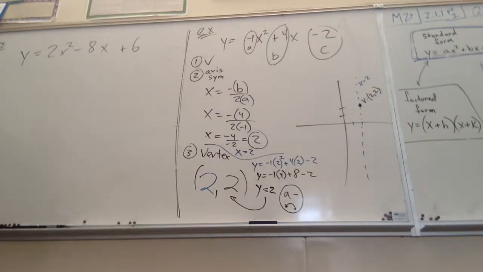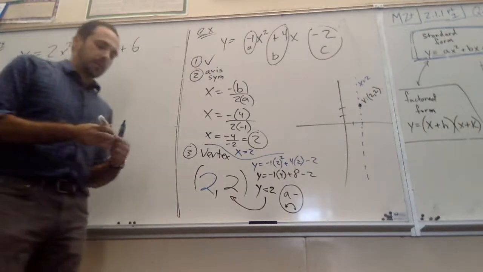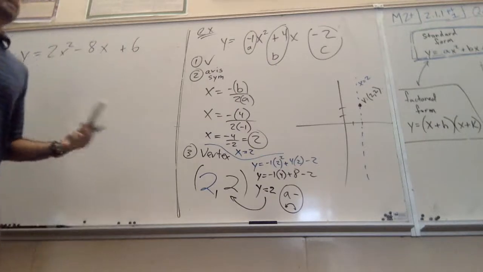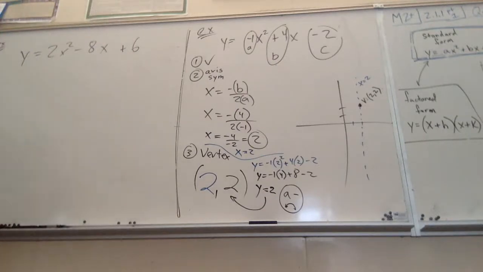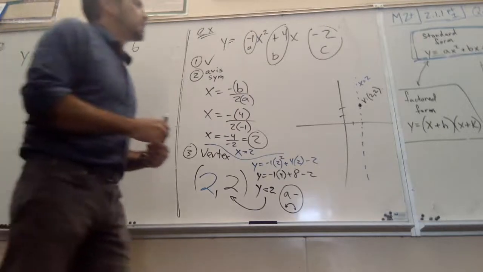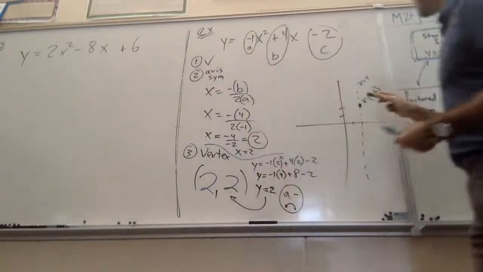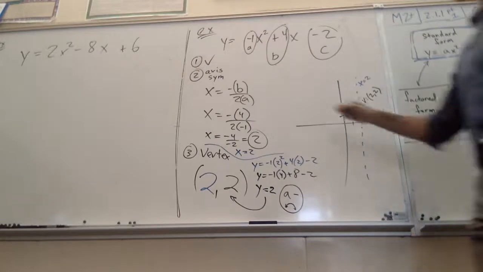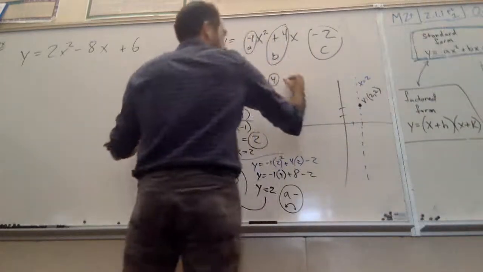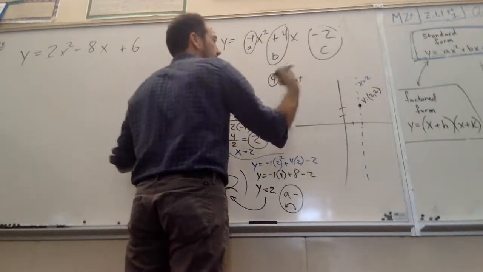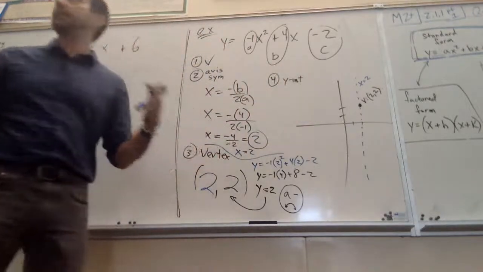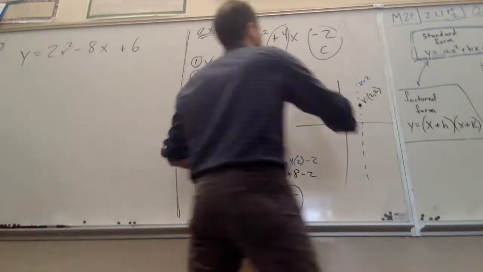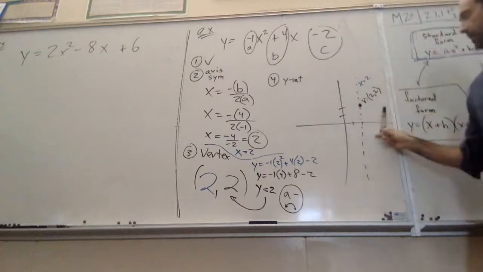I mean, I could write that out in an unhelpful way, but I like to use a mnemonic device like so. Okay. So let's see. We know this is going to open down. We have one more step. Step 4 is we know the Y-intercept. And here's the deal. The Y-intercept is equal to the C value because the Y-intercept is where X is